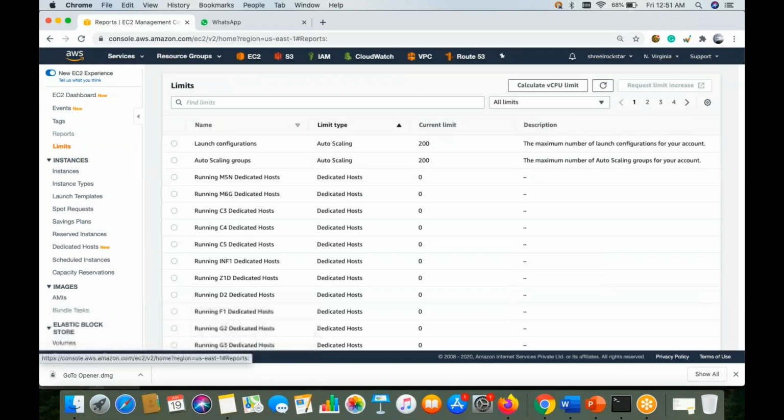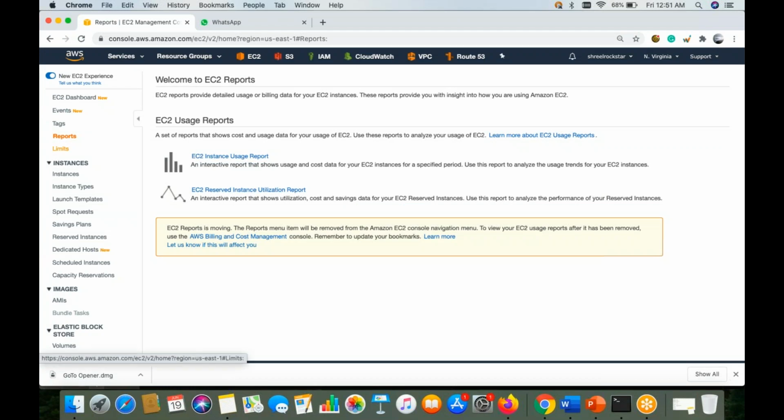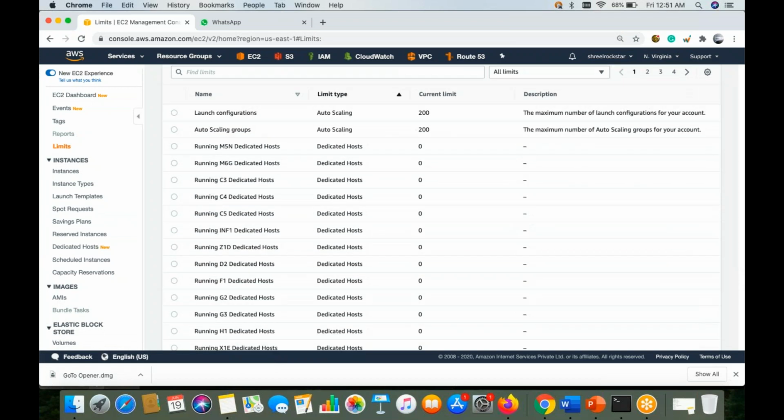Next you have here, one second, yeah, limits. Limits are also a very nice option AWS has given us. Why? Because whether it is a startup account or a corporate account, there are chances of the account getting hacked. If you lose some keys or some password, anyone can access our account, and after that they can spin up bigger instances also.